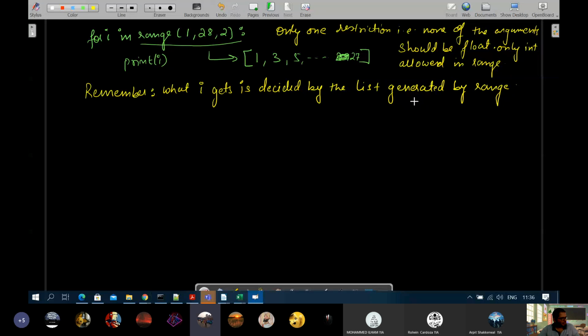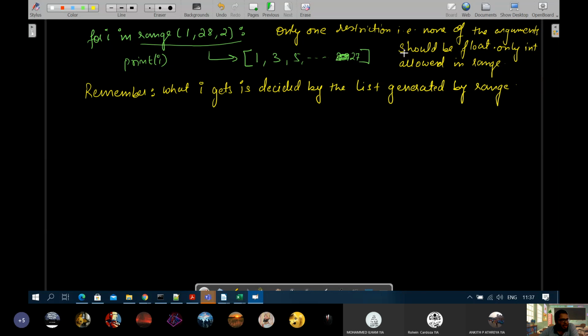Sir, what is this restriction one? Can you explain that again? I have written that in range, the start, end and step values, neither of them can be anything other than integer values. Ankit, is it clear? So the programmer has done it like that. It will show a value error as the third.